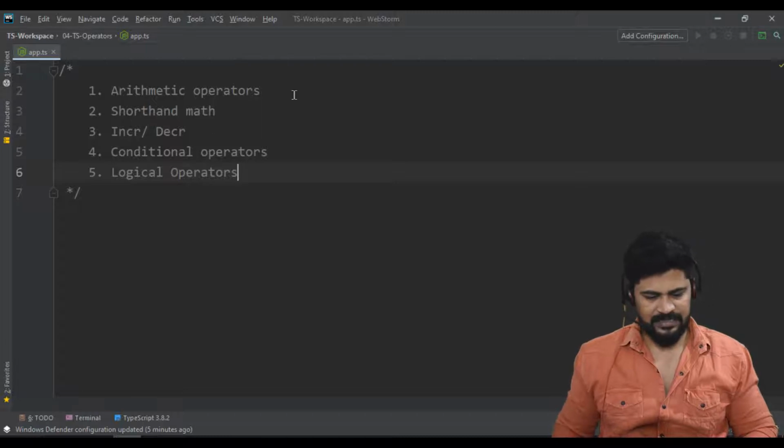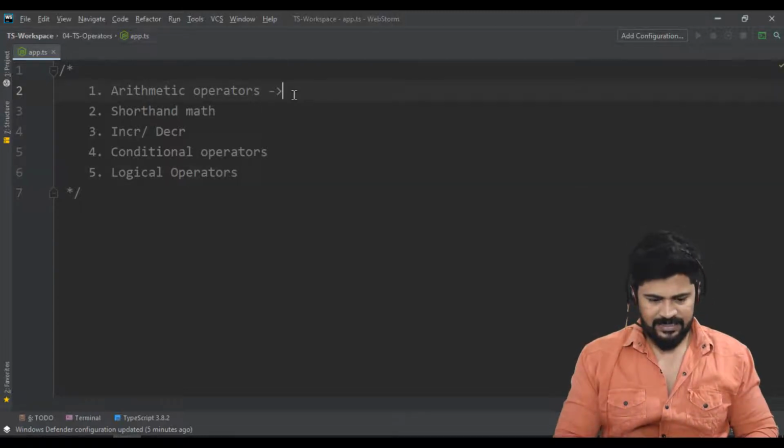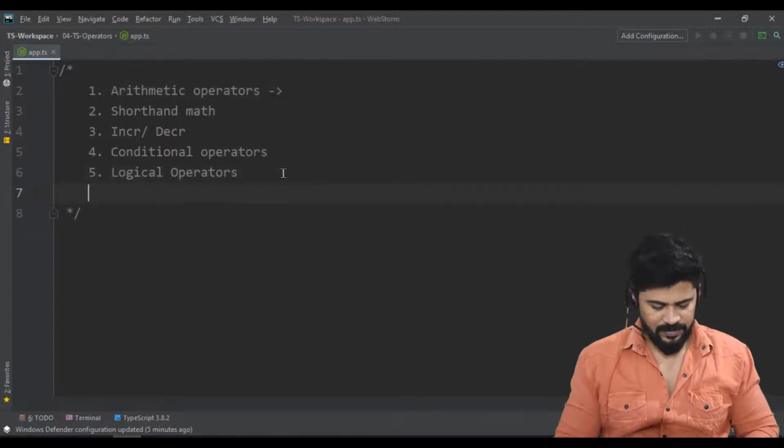Okay, so like this. We also have one more that is called the ternary operator.